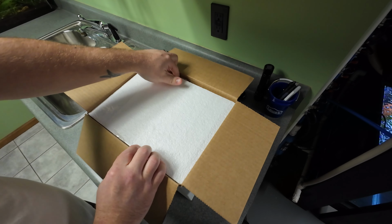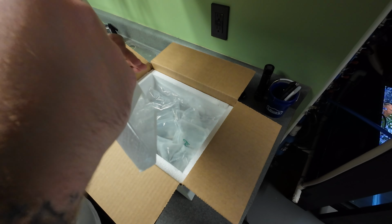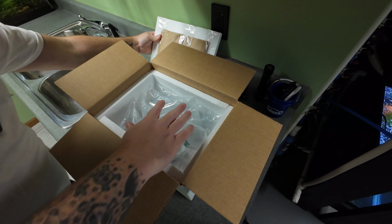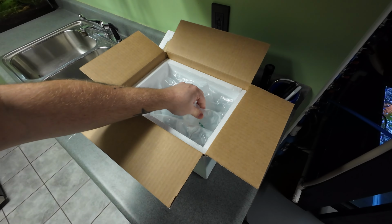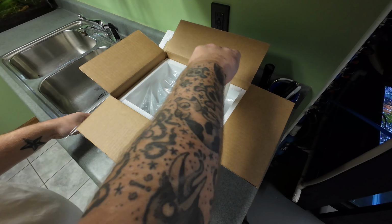All right, I've heard good things about how these fish are packed and stuff, so I'm kind of excited to see how this is. Okay, yeah, look, heating pads taped on the bottom. It looks like all the fish are individually packed. So let me back this up and let me get these out one by one. We can take a look. I think this is just a temperature bag, something to help the...